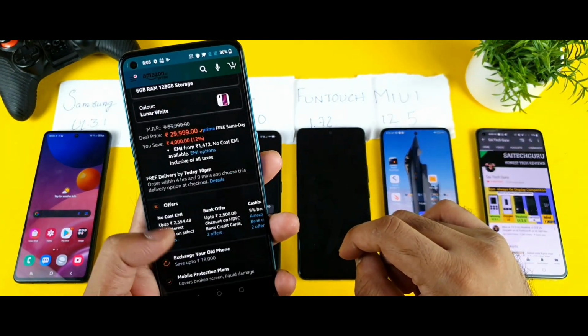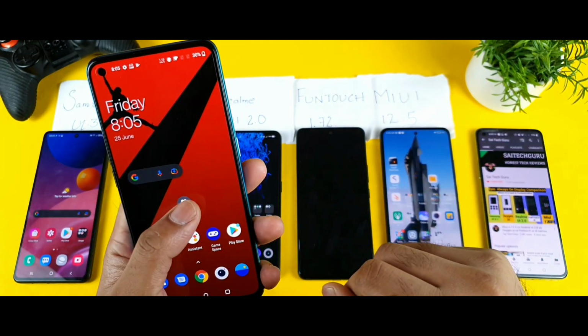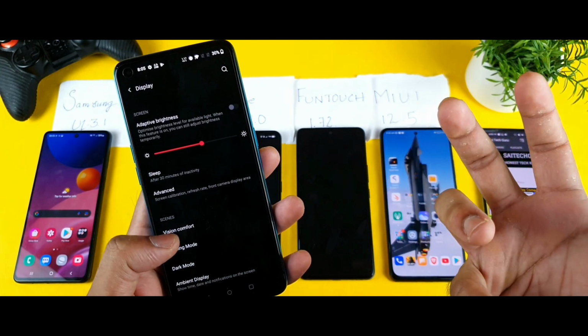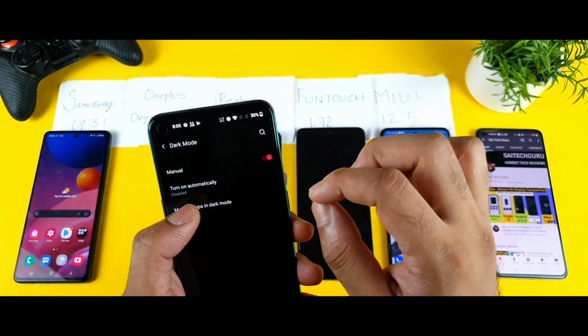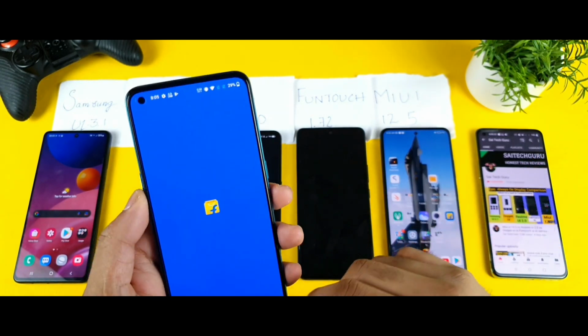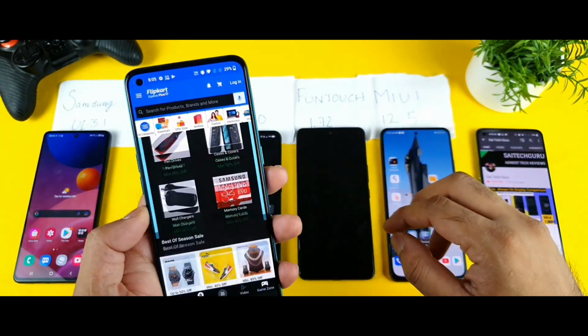As you can see friends, clearly you are getting this kind of dark theme in the background everywhere. That's another interesting thing that's really good. So at least you have the option. Some people will use it, some people will not, but having this option is really important for a lot of other users. Even Flipkart, I did enable forcefully using the dark mode. So this is how the Flipkart looks in terms of the dark mode comparison.